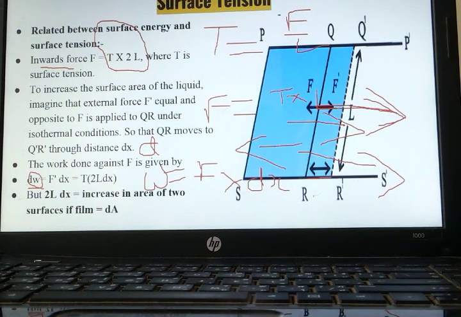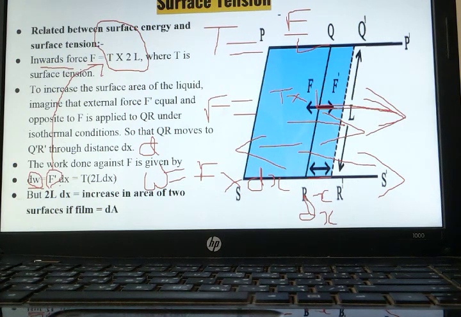So we are moving this by a distance of x. From here to here, how much are we moving? We are moving dx, meaning a very small distance. So what can we write? dW is equal to F dash dx. In place of F, what can we substitute? We can substitute this value, that is T into 2l